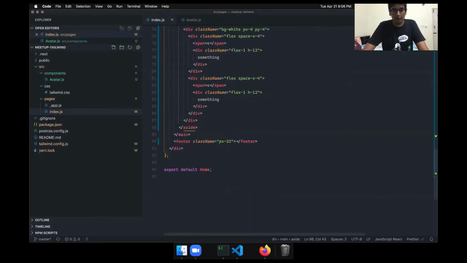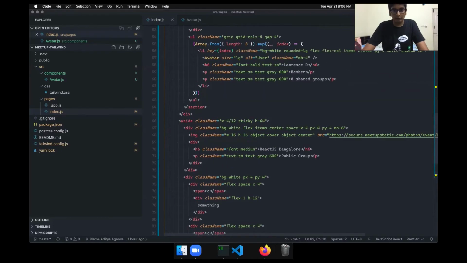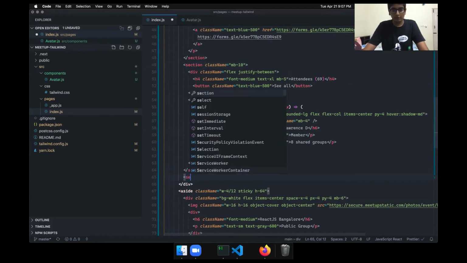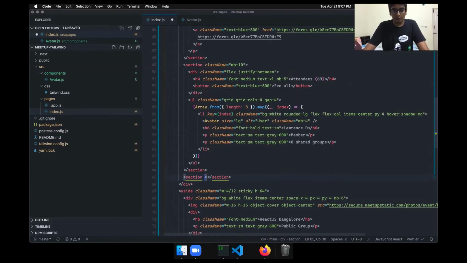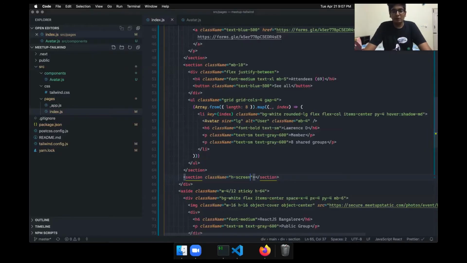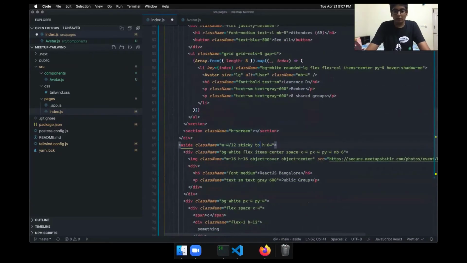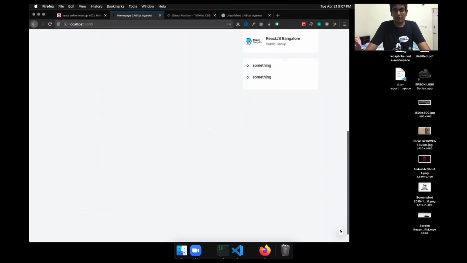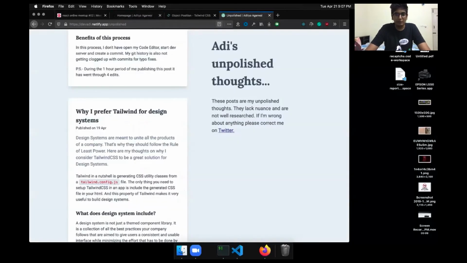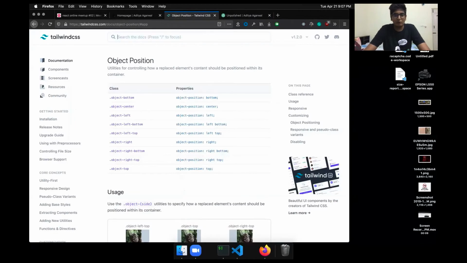So what I can do is in the main, there is our main content, see all attendees, UL section. So I can make a section, and I say that your class name, your height is, let's say, height 3. Okay, so it is not scrolling yet. Yeah, so we have put the sticky class, but we have to also say top 0, and you can see that now it is aligning here. But what we want is it should not be top 0, there should be some gap. So let's see in Tailwind how can we give more top values.